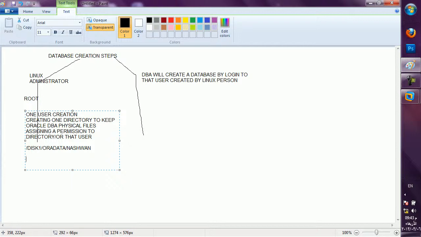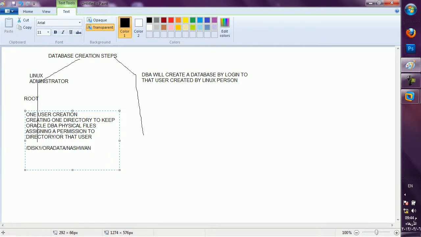That path I will show you practically, where it is available. But as root, as a Linux administrator, I have to give permission to that folder. Only if the Linux administrator gives the permission to the DBS folder can an Oracle person save his parameter file to that folder. How to give the permission, we will see practically.